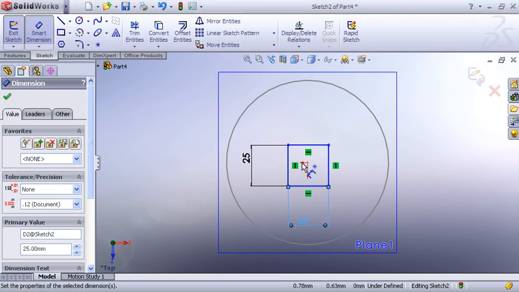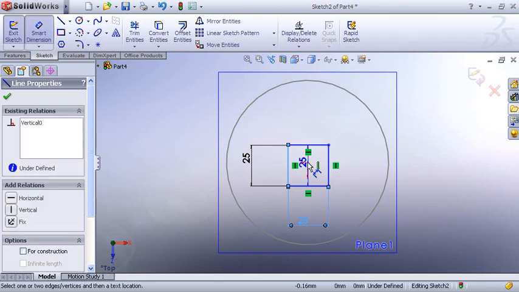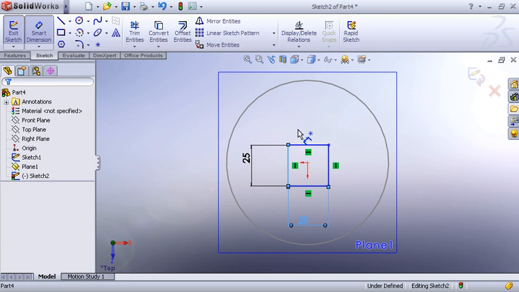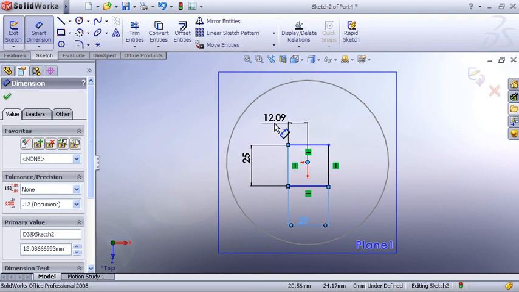Now I want to move the square to the center of the circle. To do this, again I will take the smart dimension option. This particular side to this origin point distance is now 12.5, because total is 25. This distance will be 12.5.